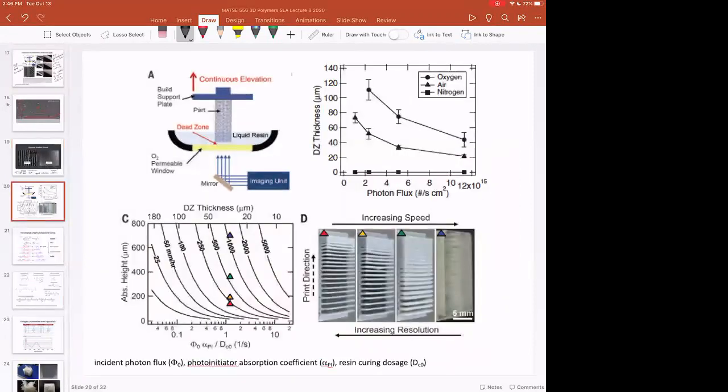And so these are some of the parameters that we'll talk about as we go on and talk about what's going on with our SLA process, how do you control it, what's interesting. This is the dead zone plot right here and the inhibition of radicals by oxygen or air, because air is 21% oxygen or so. And so this shows inhibition of free radicals